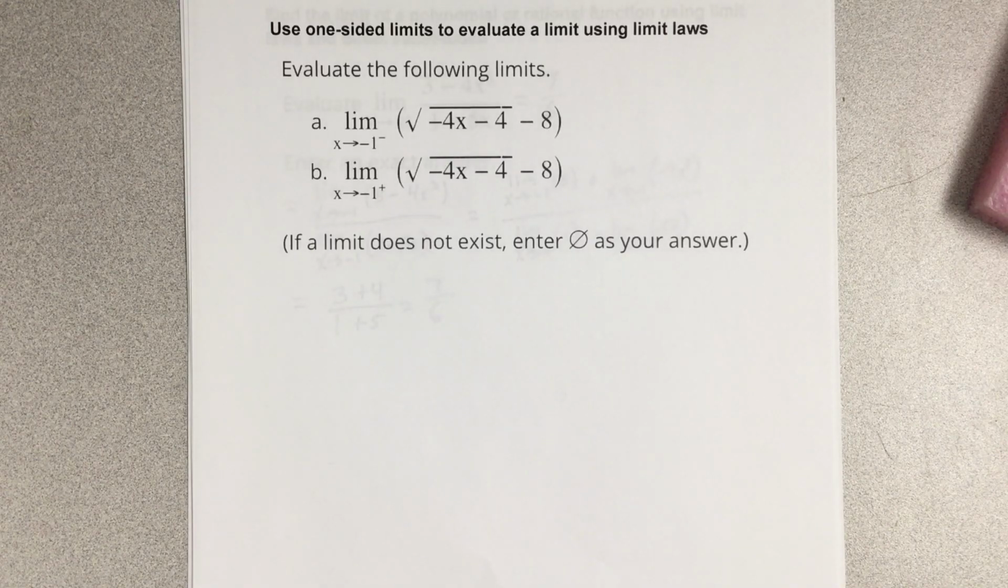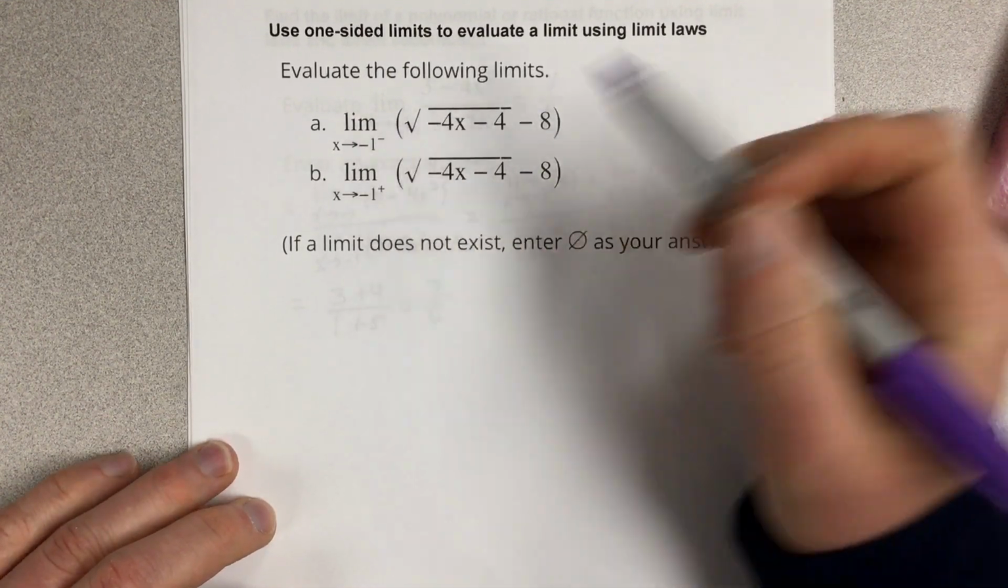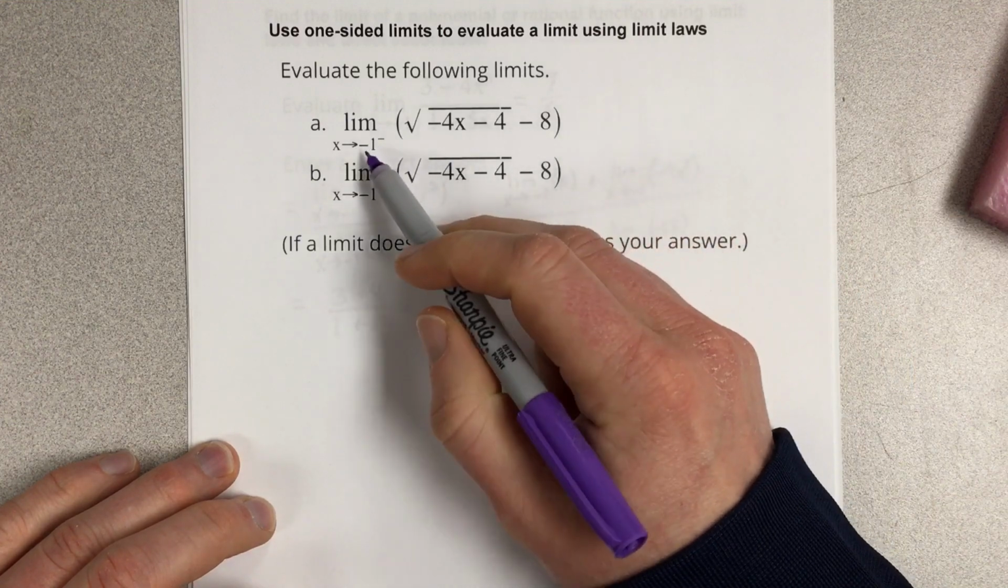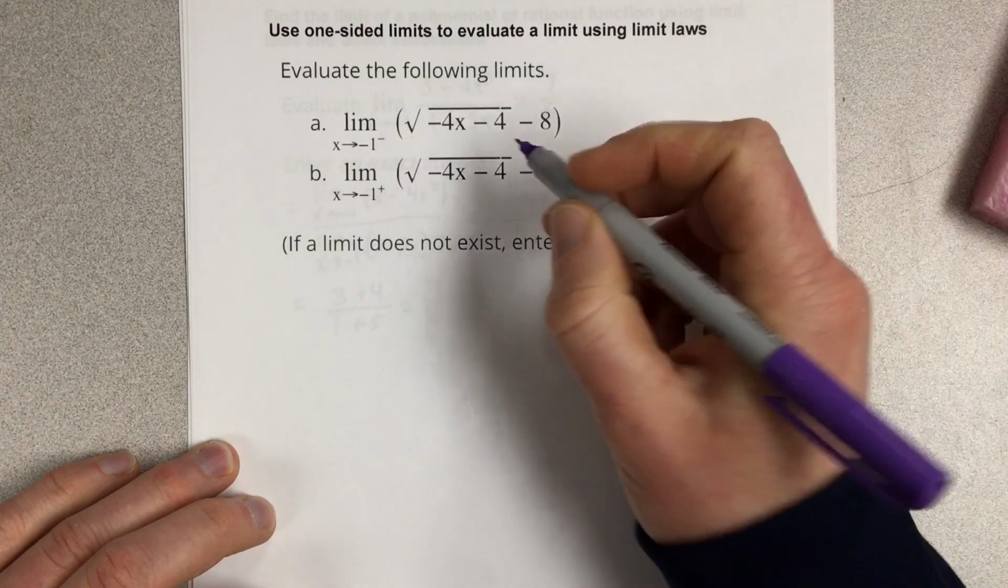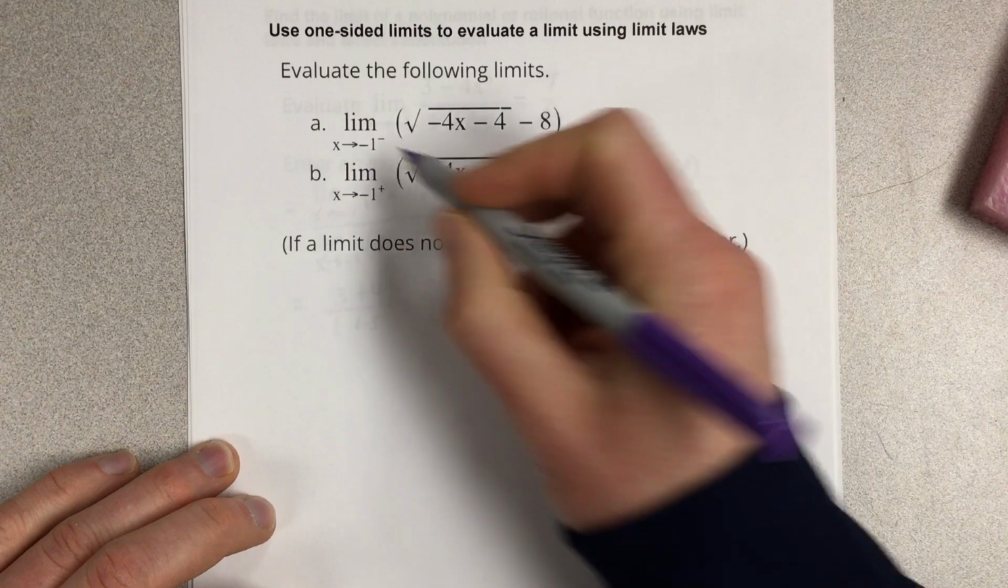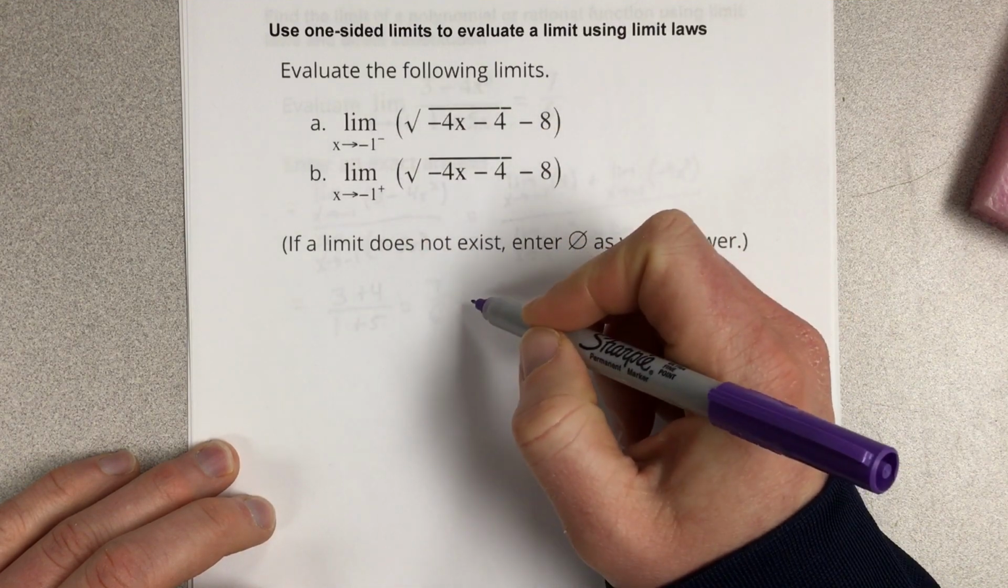In this video, we're going to use one-sided limits to evaluate a limit using limit laws. It says evaluate the following limits. Part A is the limit as x approaches -1 from the left. So if you approach -1 from the left, we're going to look at values that get closer and closer to -1